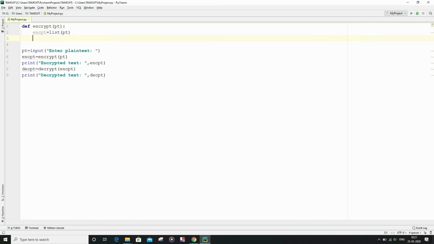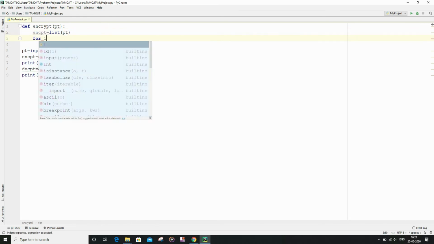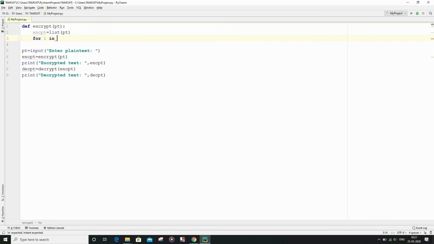So after that, I am going to run a loop where the loop will run exactly the number of times as are the number of characters in the plain text string variable.